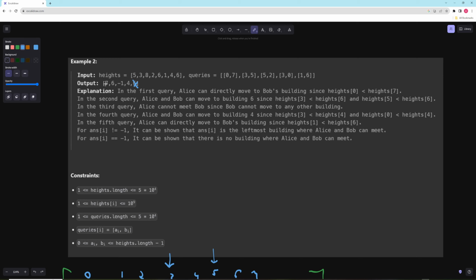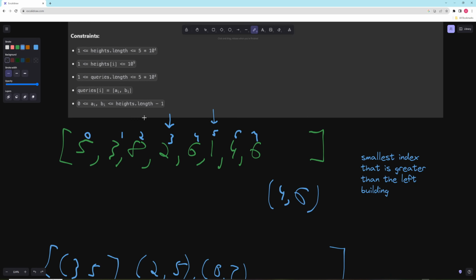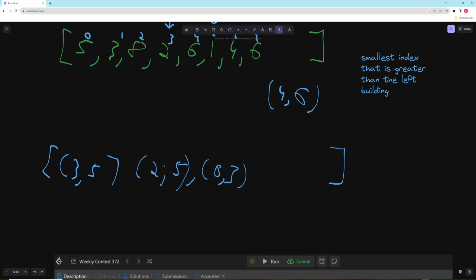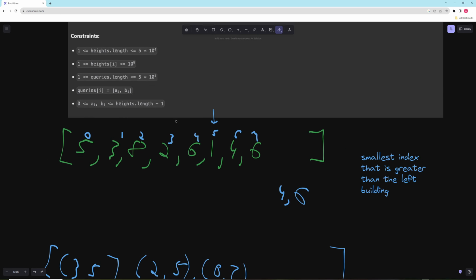So this one was solved already. Now this one is solved. Now let's keep going. So we solved this query. Now let's keep adding to the stack to get to the next query. So next query is 2, 5. So for 2, 5,